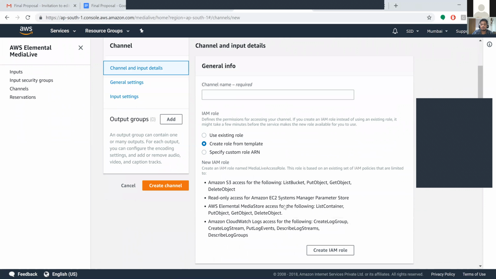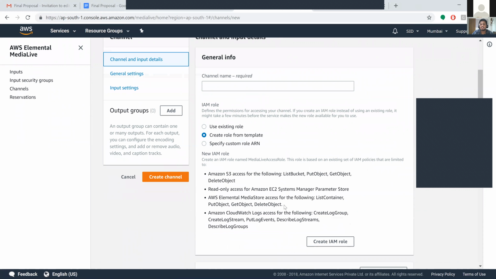The new IAM role has access for the bucket: put object, get object, and delete object. For all these things you have to set up the permissions. We have read access only for Amazon EC2 Systems Manager Parameter Store. For AWS Elemental MediaStore, access for the following: list container, put object, get object, and delete object.